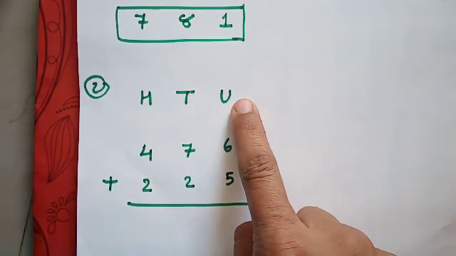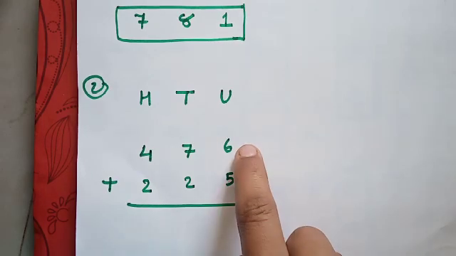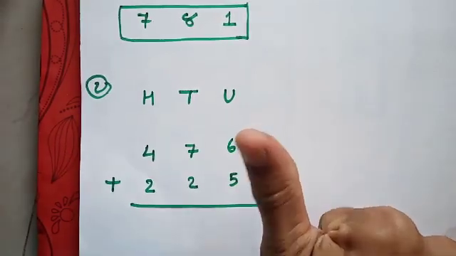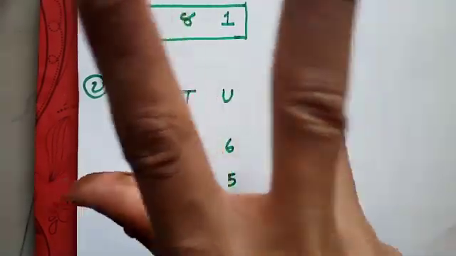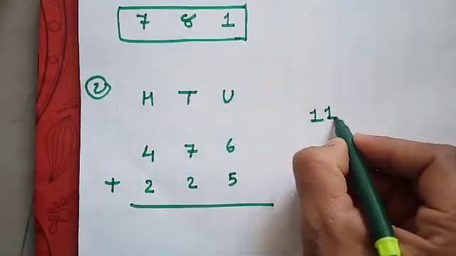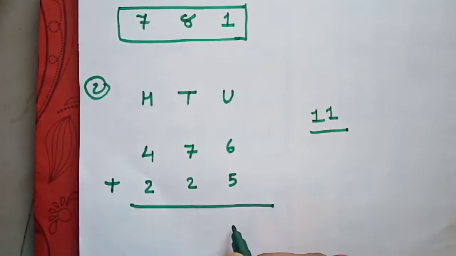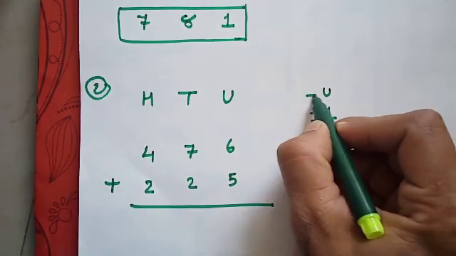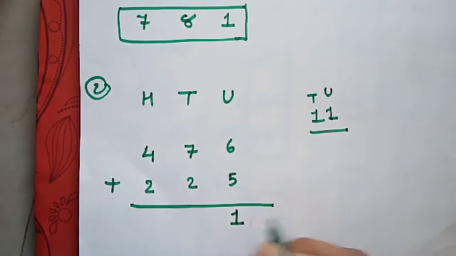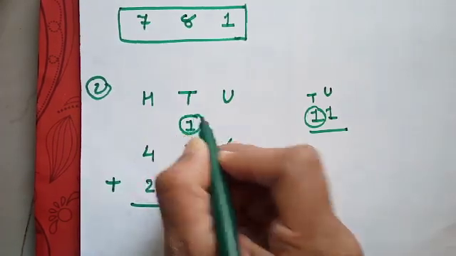So on the unit place, which numbers are there? 6 and 5, right? So after 6 count 5 numbers: 7, 8, 9, 10, 11. So what do we get? 11. The same, it's a 2-digit number. We cannot write this 2-digit number here. So label them unit and tens. The unit number we write here downside, and this tens number we put as carryover on the tens place,